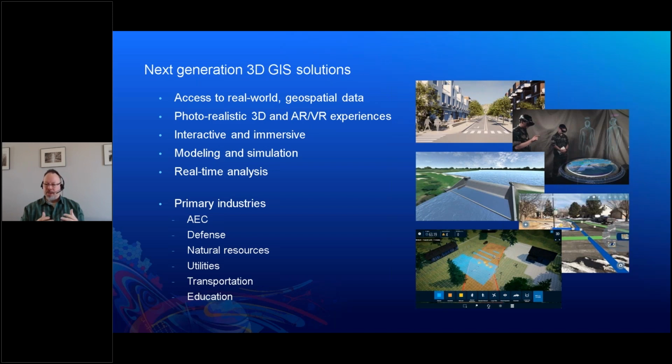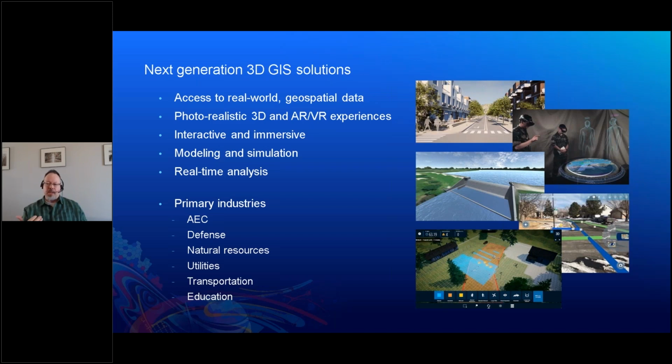These industries and solutions include AEC for urban planning, maybe commissioning new construction, evaluating work sites in the field, and most importantly, visualizing a digital twin for use in real-time analysis or simulation. In defense and public safety for collaborative battle situation planning, real-time monitoring, situational awareness, threat detection, really immersive yet cost-effective training capabilities. And natural resources to manage oil and gas pipelines